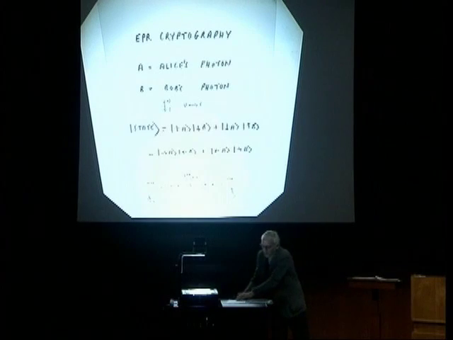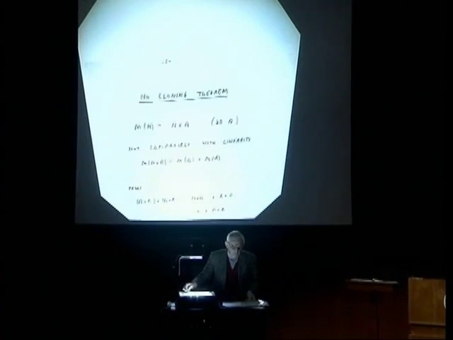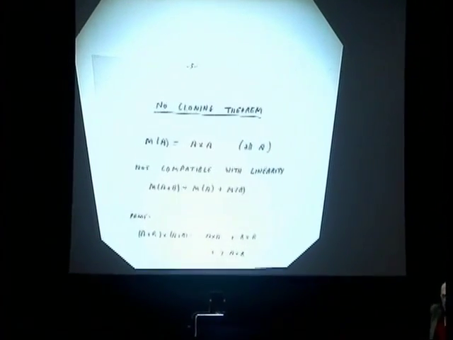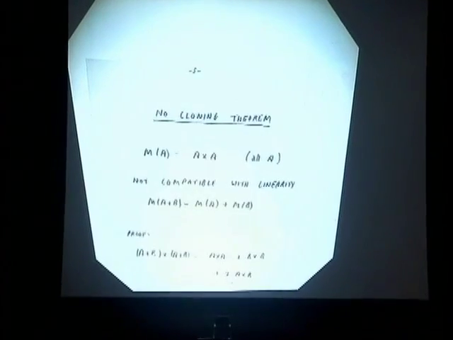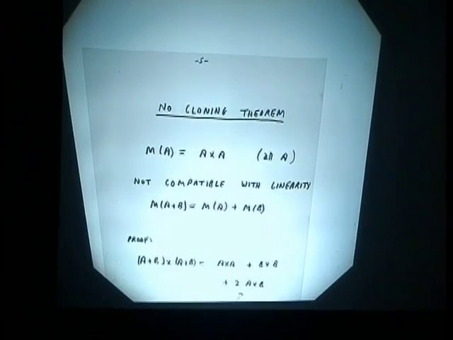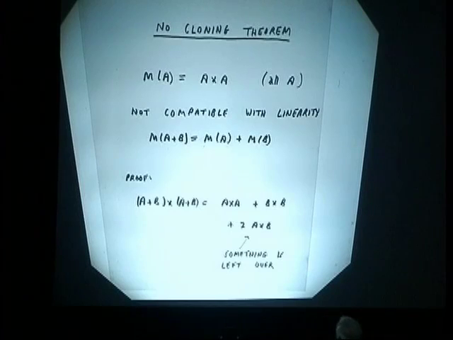The proof of the no-cloning theorem is basically a transcription into quantum language of the following simple observation. Cloning a state is like squaring a number. Suppose we have a machine that produces the square of any number. So machine acting on A produces A times A for all numbers A.